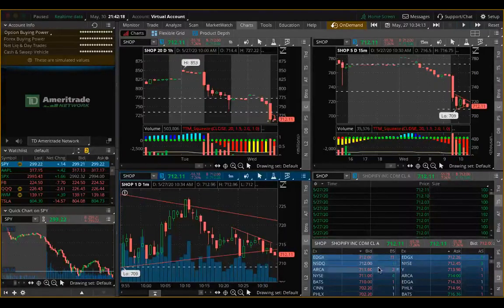You want to constantly see the bids coming in being higher than what is being shown, especially when you're playing breakouts. That's very important when you're playing breakouts. That's how you can tell between a fake out and a breakout. In a breakout, you're going to have these numbers stacking and coming in, and people are going to be eating them up. And the more that we watch this tape, guys, the easier it's going to get.